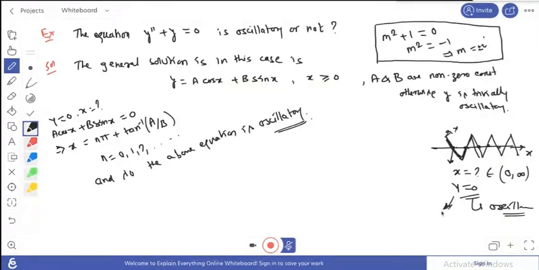Okay, so if you find that x which belongs to that domain where y equals 0 and that is a non-trivial solution, then that solution is in oscillatory nature. And if you are not able to find any x which belongs to that domain where y equals 0, then that solution is in non-oscillatory nature. Clear? बस आपको ये करना है।